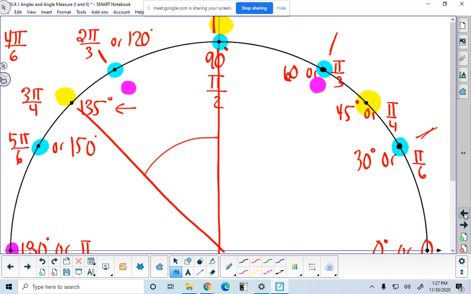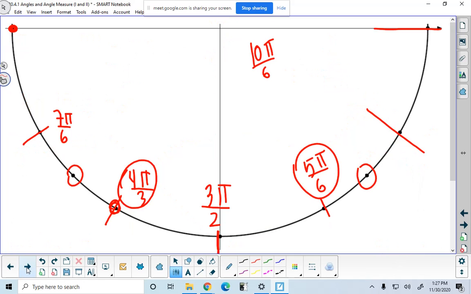45 degrees was this piece, and this piece, and this piece, and this piece. So there are 4 of them to get to 180, which means that this point I'm indicating is 4 pi over 4, which makes this 5 pi over 4, 6 pi over 4, 7 pi over 4. And I guess I missed one here. Going around